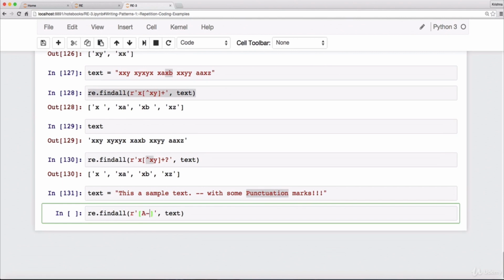A to capital Z, any letter, one letter, and followed with A to Z, small letters, right? And let us see what we get with this. We are saying anything starting with a capital letter followed with a small letter, A to Z. Suppose if you execute this one,